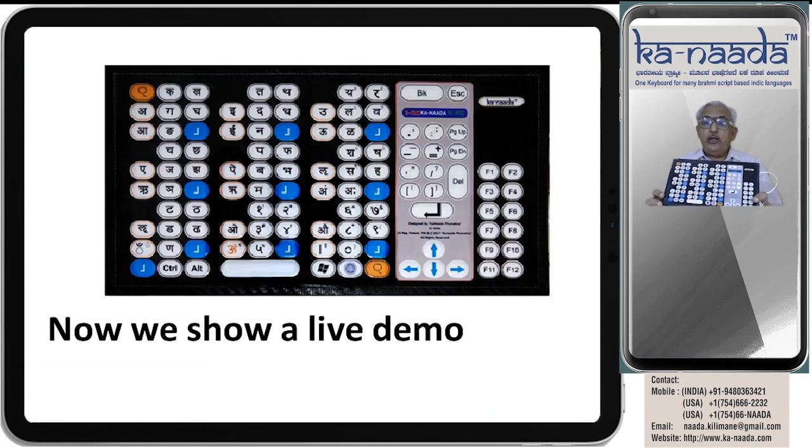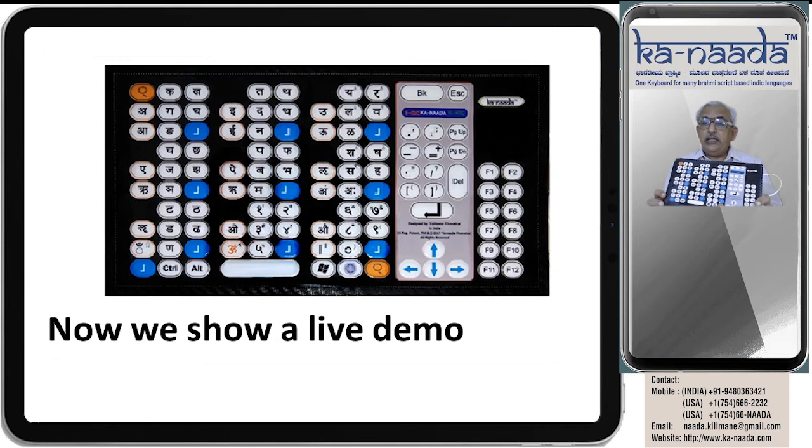On the Kannada keyboard, you will see E has one keystroke. Similarly, Ka, Kha. Ka is mapped to K generally, or it could be mapped to some other position. Kha is the Mahaprana, or a hard consonant. Shift K becomes the Kha. That means Kha requires two keystrokes on a mapped keyboard.